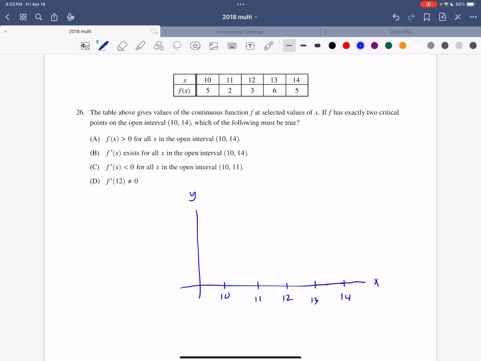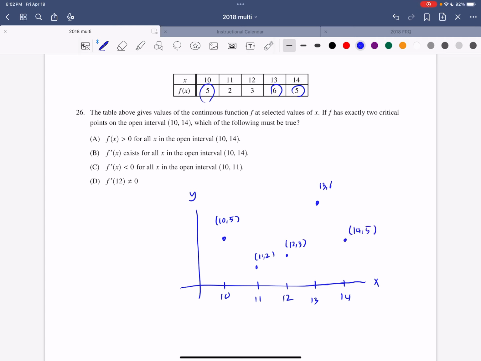And for the y value, 5 and 5 and 6. 5 and 6 is the hardest, so I'm going to put this one as 10, 5, 11, 2, and 12, 3 is slightly bigger than that. And 13, 6, and 14,